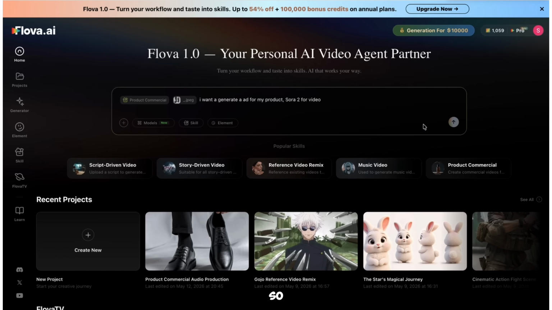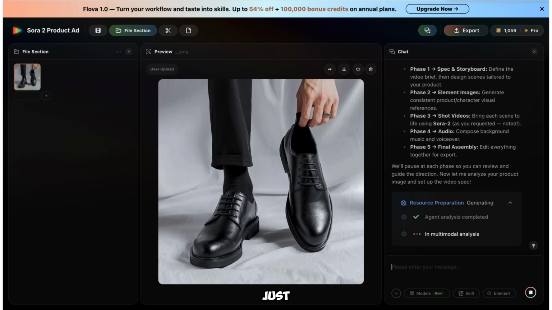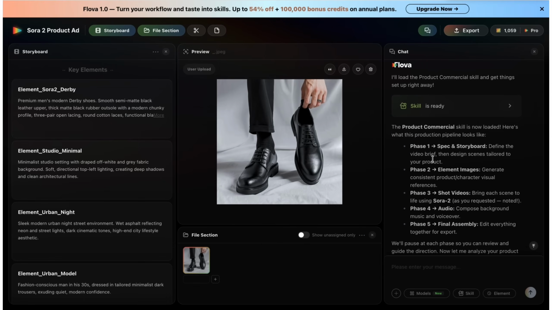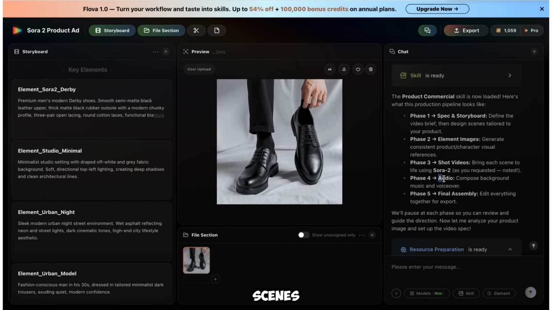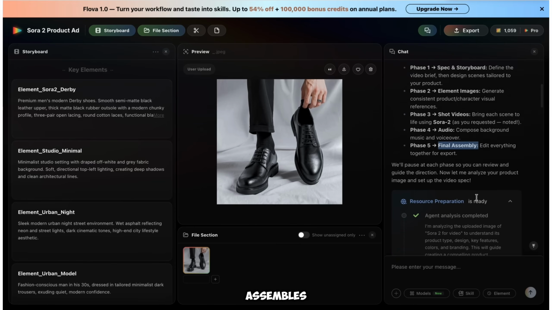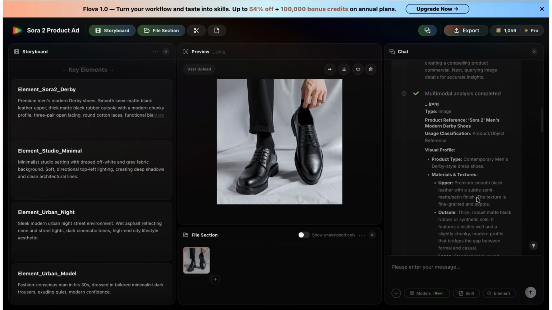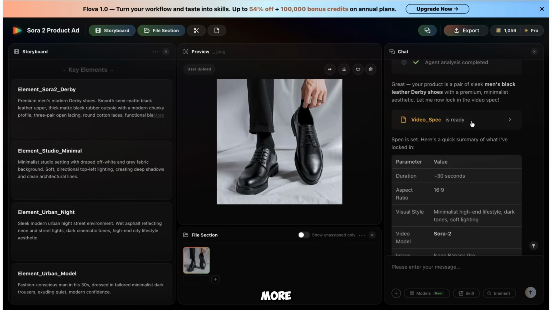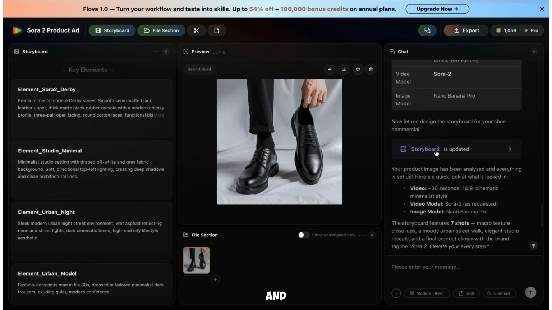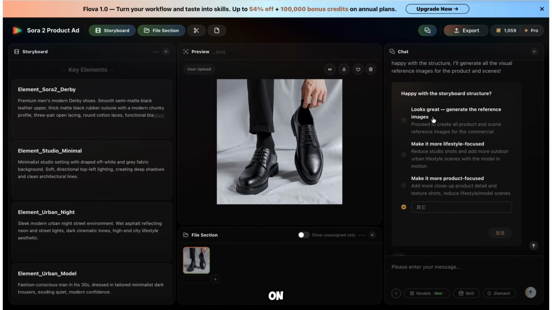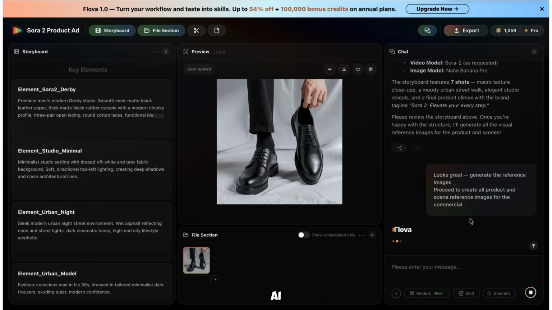AI-powered advertisement. So as you can see, Flova AI doesn't just generate a video, it creates the entire workflow automatically. First, it generates the storyboard, then the AI images and elements, after that the video scenes, and finally the audio. Once everything is ready, Flova AI automatically assembles the complete edited video for you. You can also customize the visuals, generate reference images, make the ad more product-focused or lifestyle-focused, and even use your own custom prompts. So after setting everything up, I'll simply click on Generate Reference, and Flova AI will start processing